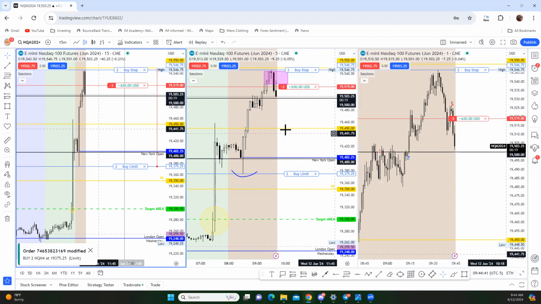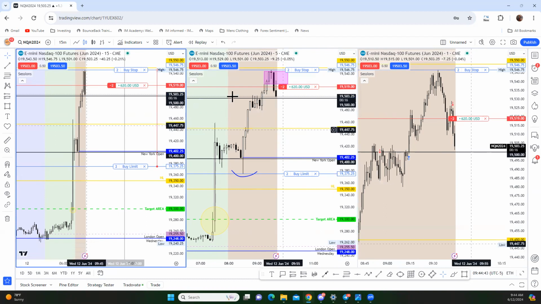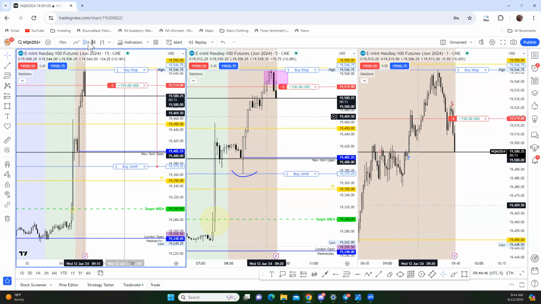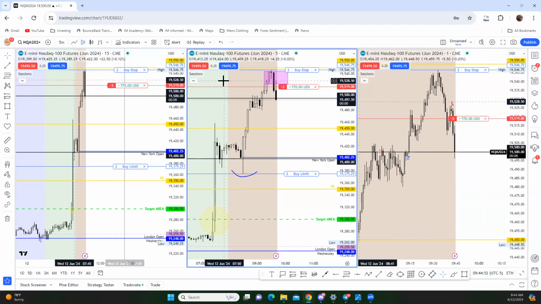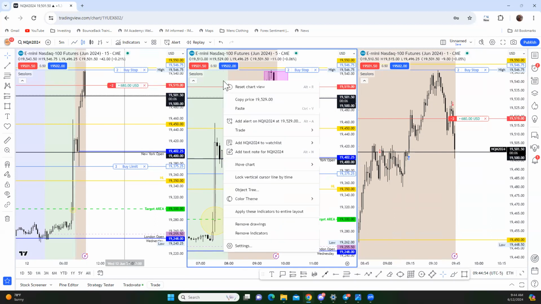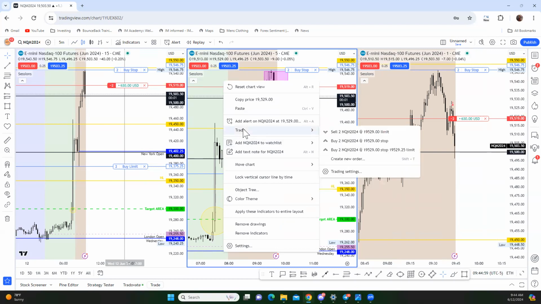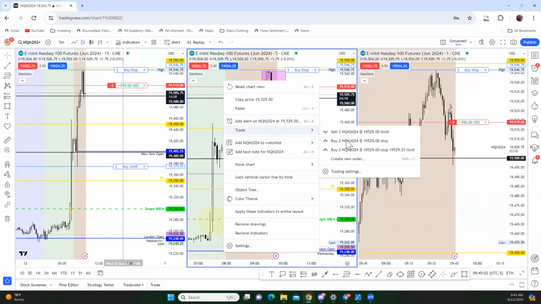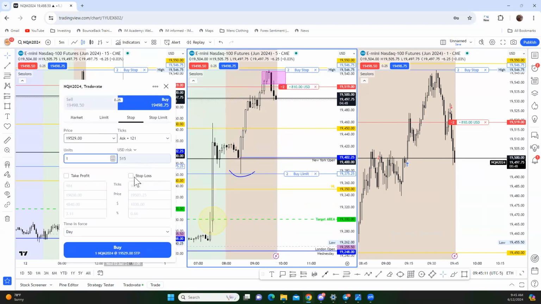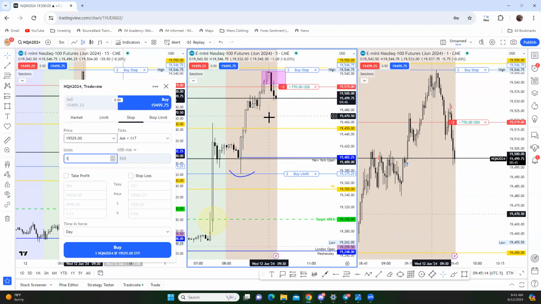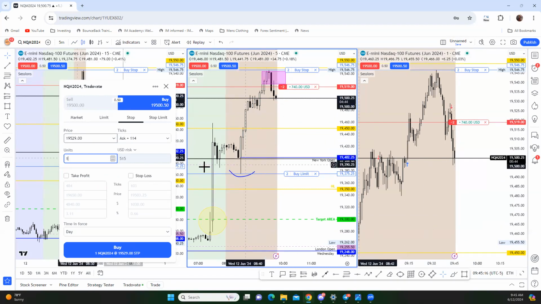So the target areas, we can start to trail this risk already. I would say if we break 5-minute structure, like technicals, or break out of this area, I'm going to cover half this position. So go ahead and put a buy stop in that area. My computer's starting to load slow, so I know things are going better too. Right now we're still watching the price. We don't want to put it there right now. But we do want to once it breaks that 5-minute structure here fairly quickly.